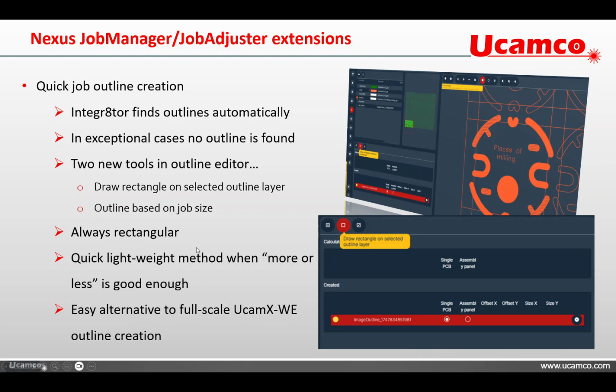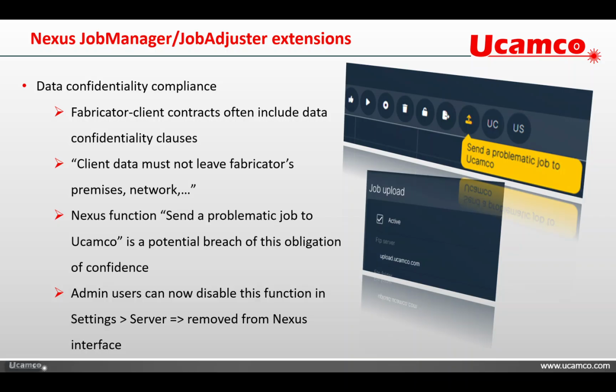This was the quick job outline creation. The last one is basically something that concerns people who are, well, probably many of you. Very often you have these contracts with your clients where you are obliged to make sure that the data doesn't leave your premises or doesn't leave the network. Now, one of the functions in Nexus or an integrator is uploading a job to your Camco, which basically violates one of the clauses in this